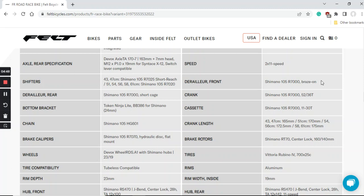And here you have 160 millimeter braking rotors at the front and only 140 millimeters at the back. So this 140 millimeter braking rotor in the back is an absolute no-no in my book, and I would immediately replace it with 160 millimeter braking rotors, because what you want is good heat dissipation and also good stopping power. And also these RT70 braking rotors, they are fine out of the box as they are, but I